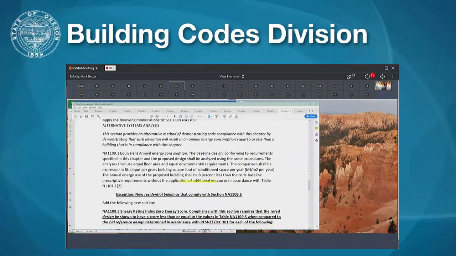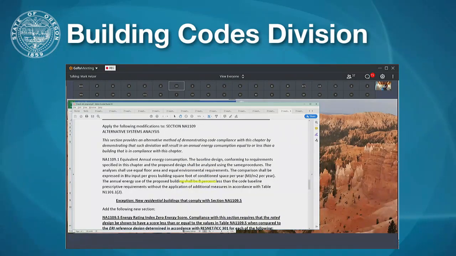But if we could get the software and some of the other pieces of language that are in the IECC, so that building officials can make sure they've got everything right on enforcement. A few pieces from the IECC to make it in. Okay. We'll reach out to you on that to see if that's okay. Sure. We're willing to work with you on that, yes. All right. Thank you. All right. Any other questions for Mark?